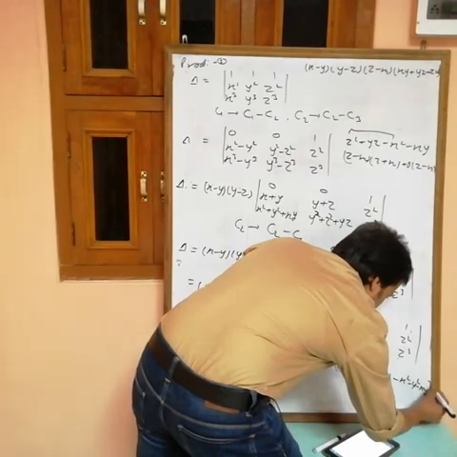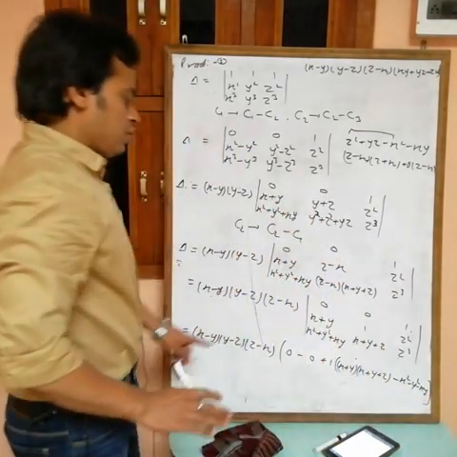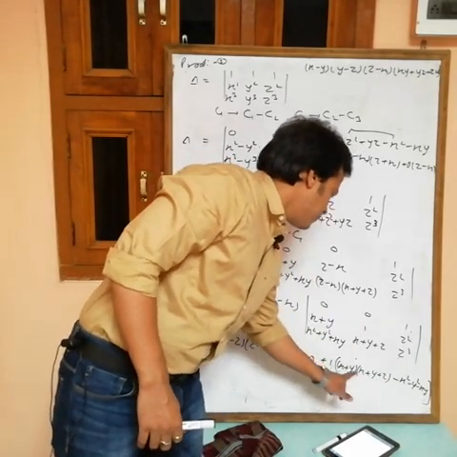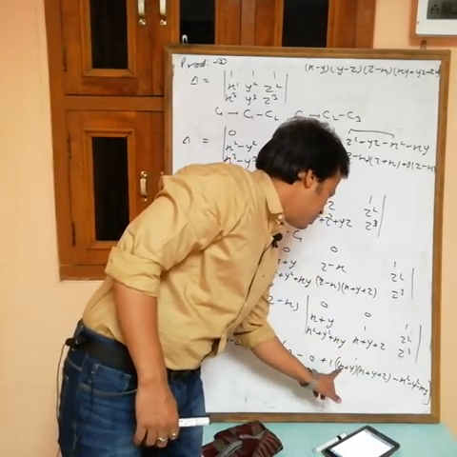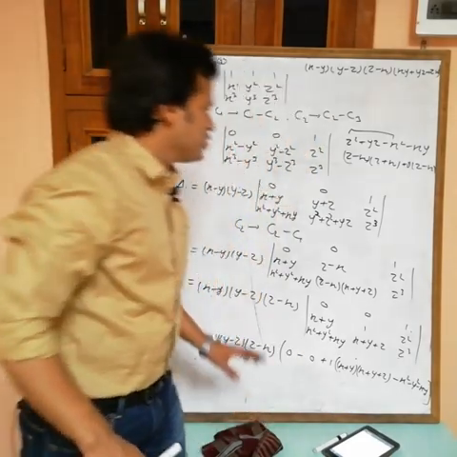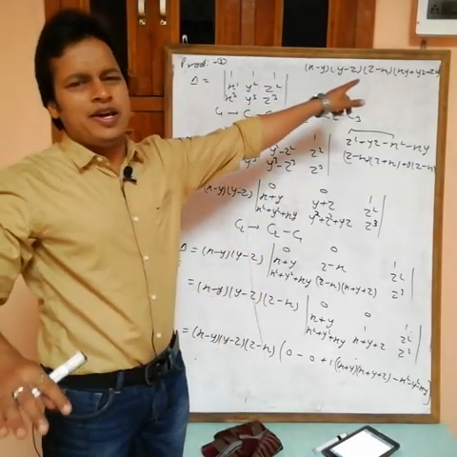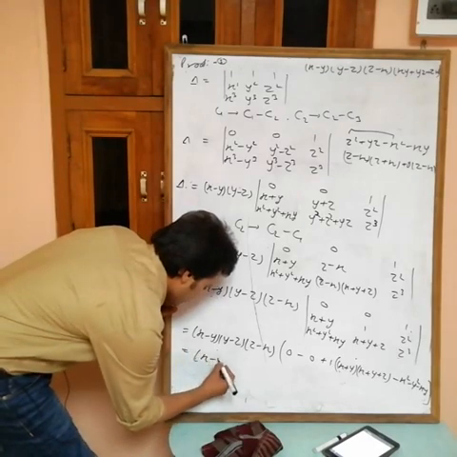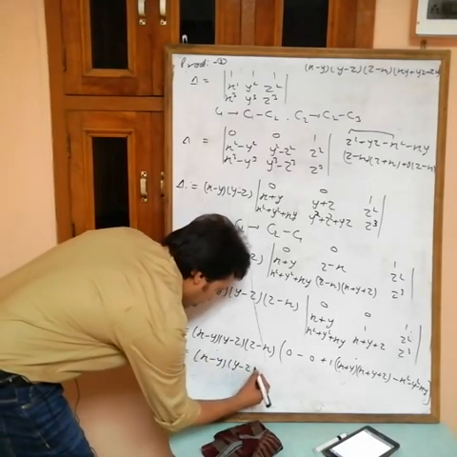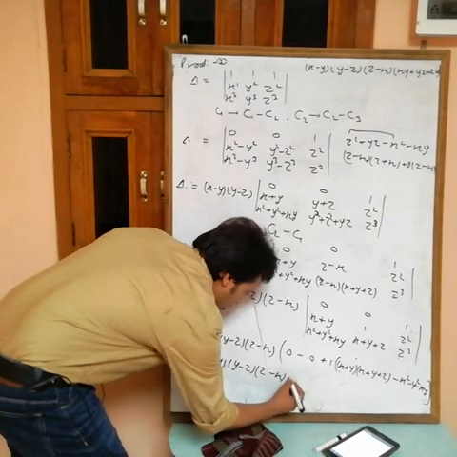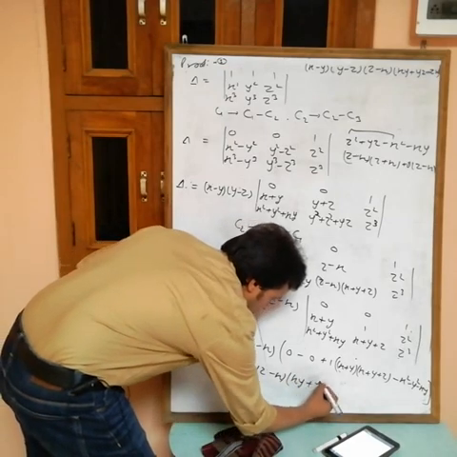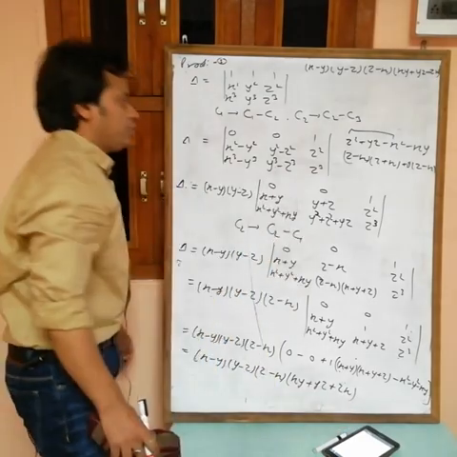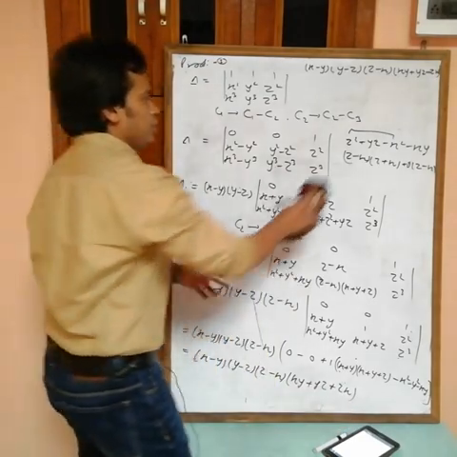So this one into this one is x plus y into x plus y plus z, minus this one into this one, that is x square minus y square minus xy. Now if you solve this one, see, x into x, x square cancels out, y into y, y square cancels out, x into y cancels out. So what remains at the end, you will get only xy plus yz plus zx. Believe me, x minus y, y minus z, z minus x, xy plus yz plus zx. Okay, so done. Now write down.